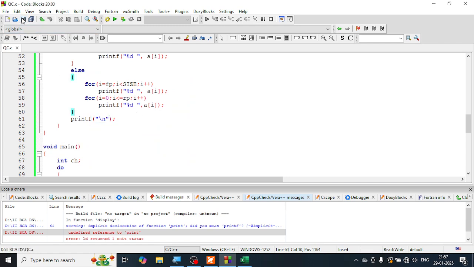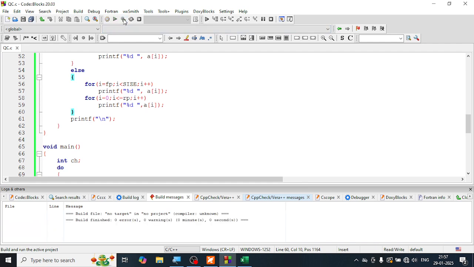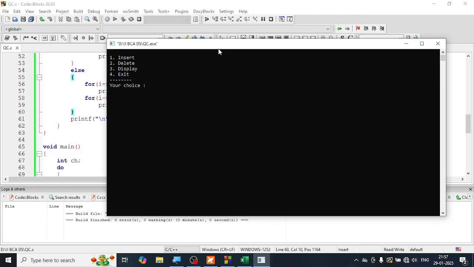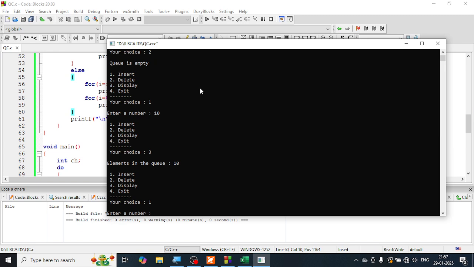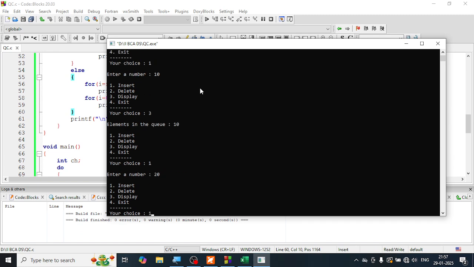Done with it. Okay, so if I go with the first one, let me try to display, and I must get the queue is empty. Let me try to delete. I must get the queue is empty. Let me insert one element. So I insert the 10. Let me display it here. So 10 is there. I'm going to insert one more element, 20. I'm going to insert one more element, 30. I'm going to insert one more element, 40. Let me display it